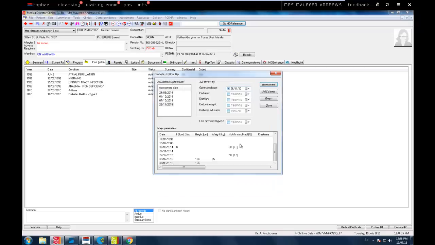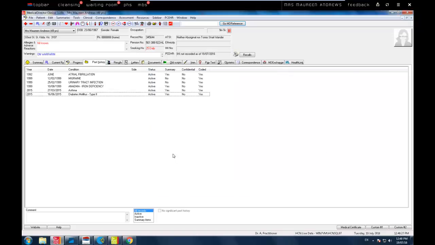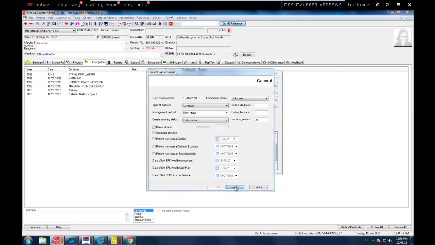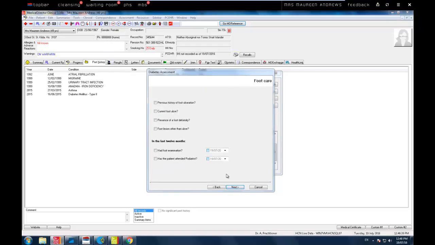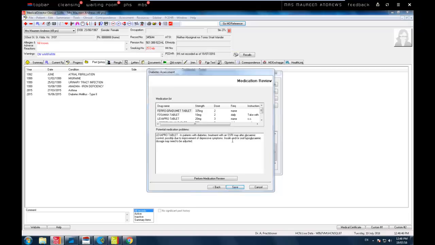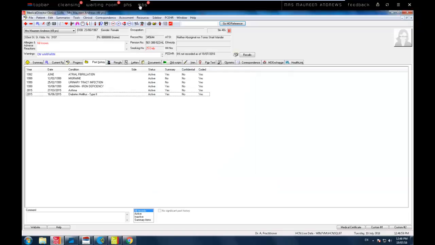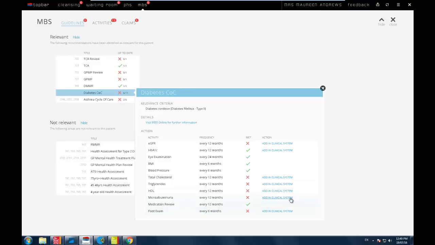I just want to show you, if you want to do this manually to put it into the right spot, you would have to go to clinical, diabetes record, assessment, and then rattle through an extra 4 screens to get there. By the way, this is the eye exam. There's the foot exam, and here, one more, is the diabetes medication review. So they're between 8 and 12 clicks into the screen, and that is really the reason why most people don't record it in the right spot. If you're using it through TopBar, it's just 1 click away from here. So that's a